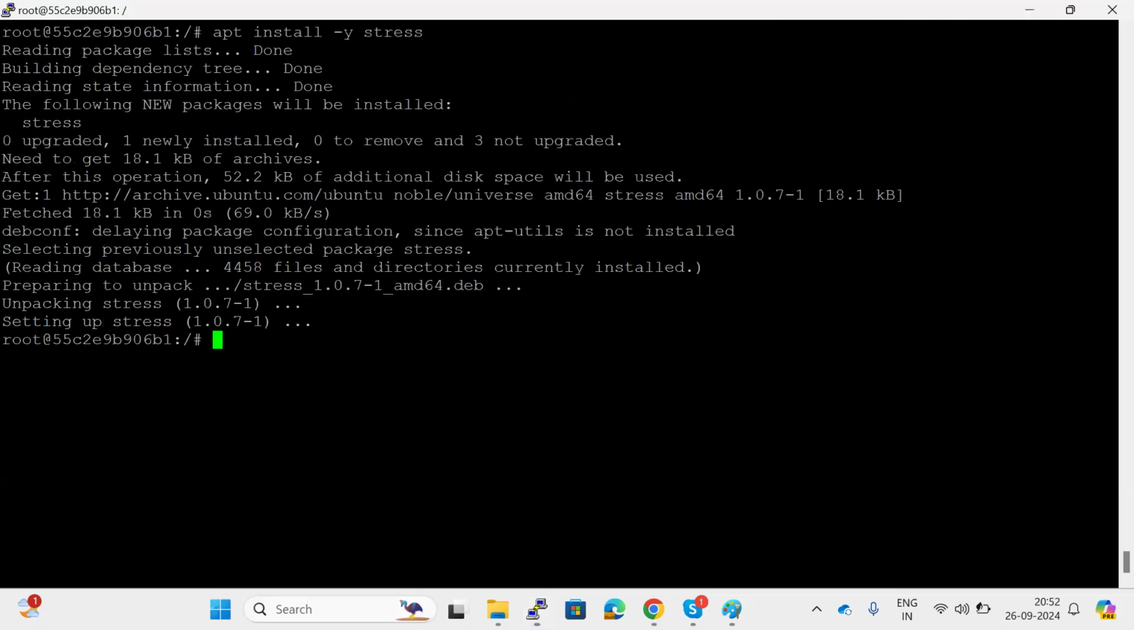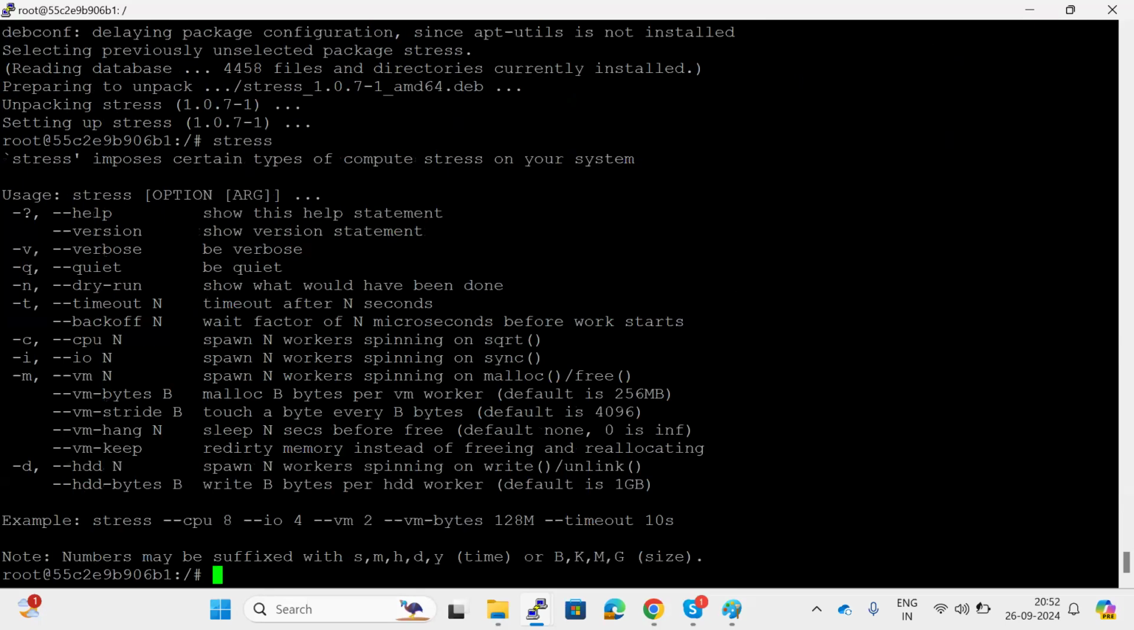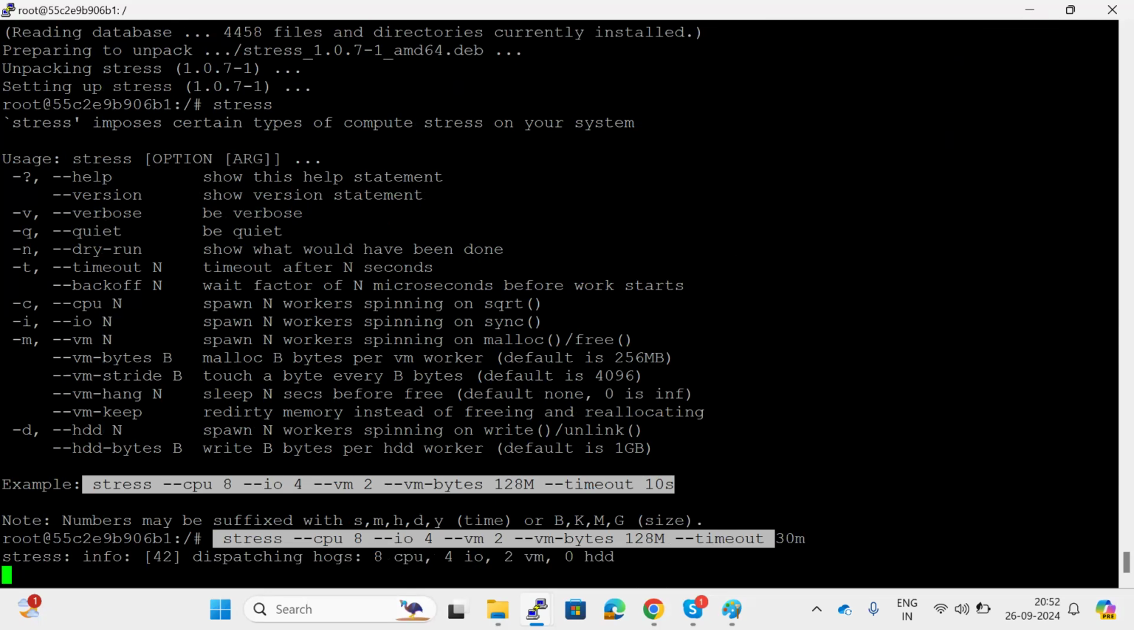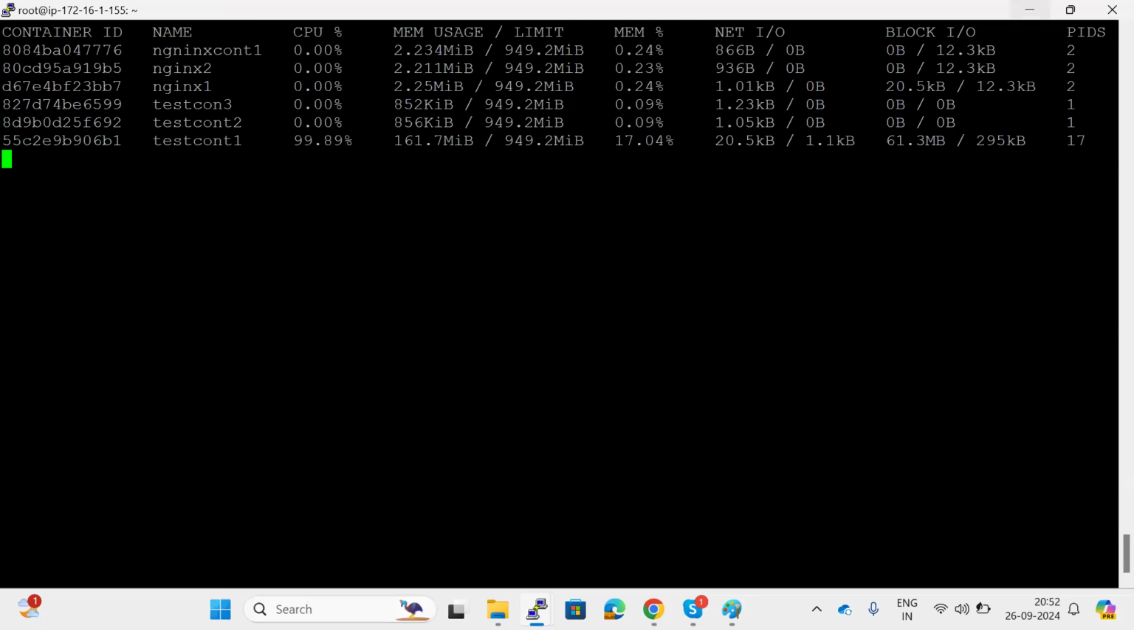Now, what I will do here is execute the stress command. I want to execute this stress command for minimum 30 minutes. When I execute the stress command for 30 minutes, what about the CPU utilization? Look at here. The memory utilization has increased from 17 MB to somewhere around 200 MB. What about the CPU utilization? It has increased from 0% to 100%,